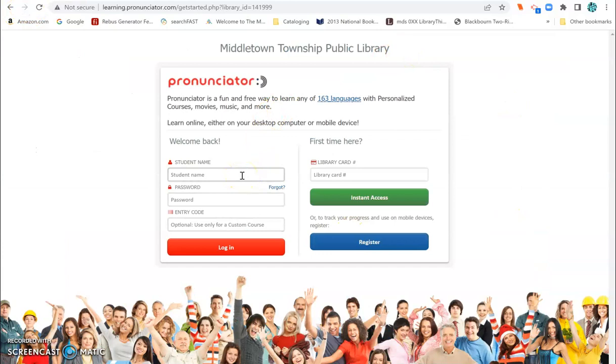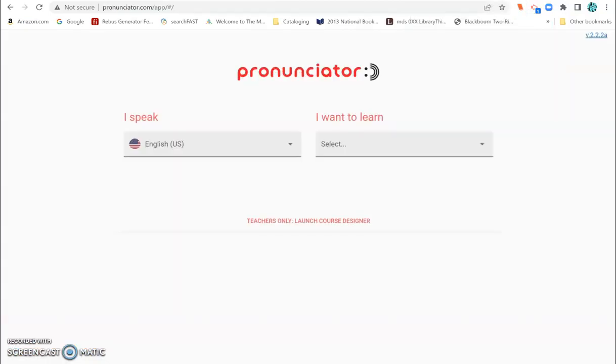So the next time when you come back and you want to continue with your course, under student name, you would put your email address and then your password, and you will click Login. Once you've done that, you will come to our Pronunciator screen. So Pronunciator works both for learning another language from English or any other language. So this is also a wonderful tool for your ESL learners. They can click on what language they speak,